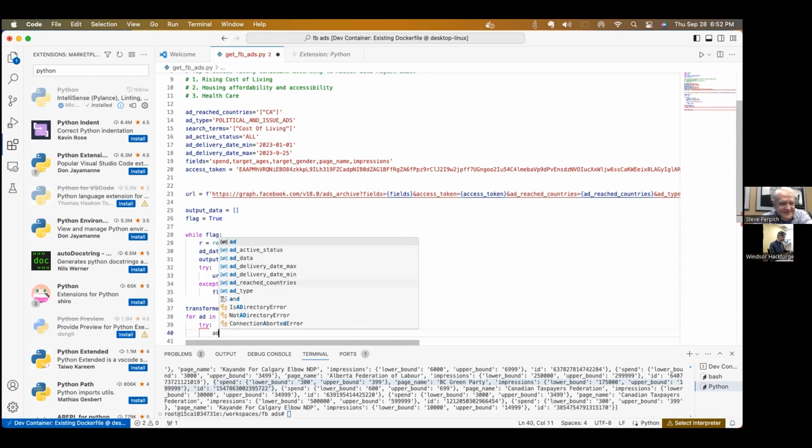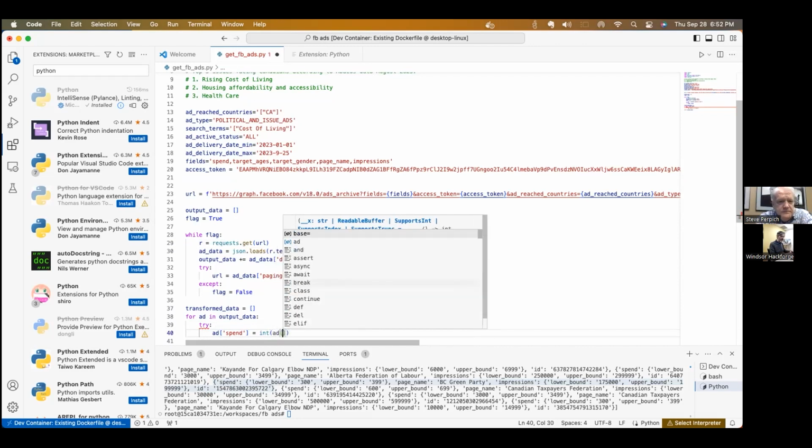So what we're going to do here is take those two sub dictionaries, those dictionaries in our dictionaries that we want to get rid of. We're going to replace them with a value from inside. So let's try this. First, we're going to say add spend is, and you've got to be careful with this. We want a number. We're going to be operating on a number eventually, so we want to get a number out of this. And if you look down here in your output data,